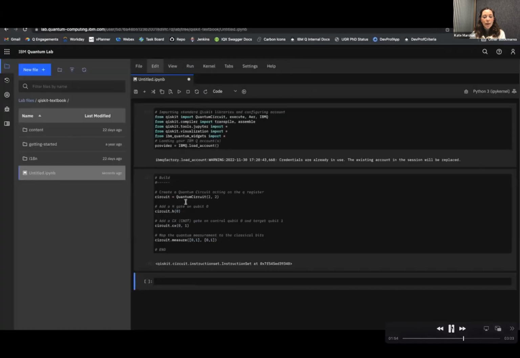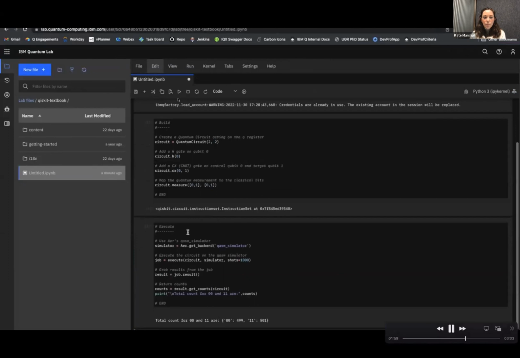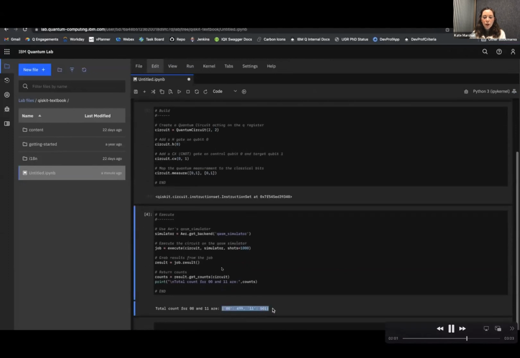And in this example, we'll be executing on a simulator. And when we execute this cell here, which you can do just by clicking that run button there, you'll see the results at the bottom, which is essentially a perfect distribution of 50% of the results were in 0, 0, and almost 50% of the results were, or slightly more than 50% of the results in this case, were in the state 1, 1 as well.